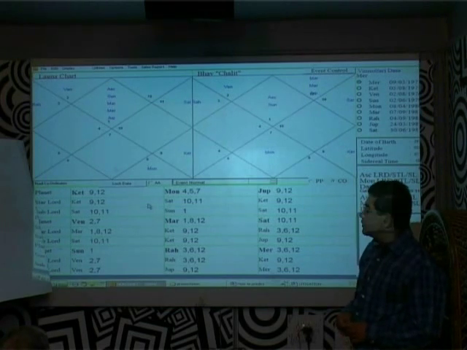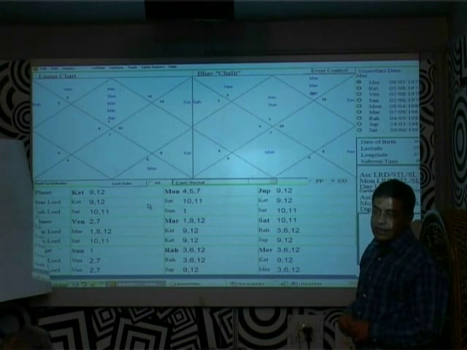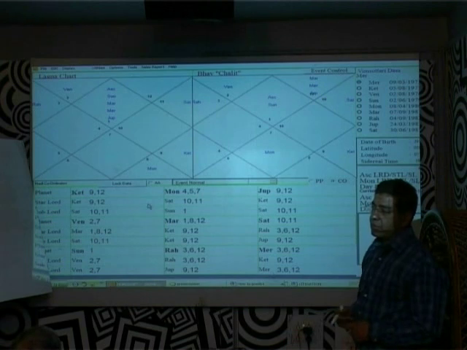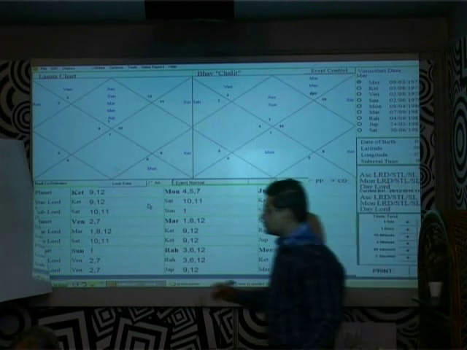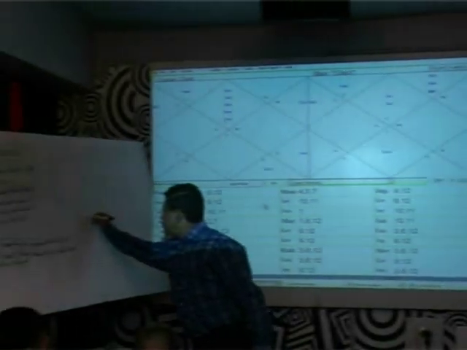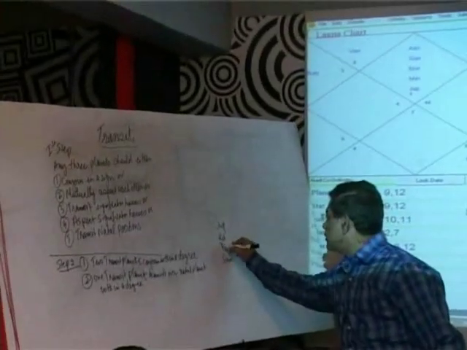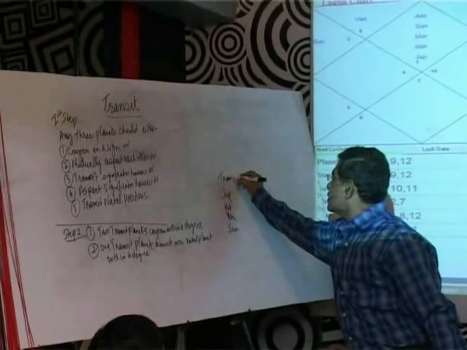Rahu negates. Jupiter is positive. Saturn and Mercury are negative for marriage because they signify 6. Now we have 4 planets: Jupiter, Ketu, Sun and Venus. So we'll write down Jupiter, Ketu, Venus, Sun. So we'll see the transit